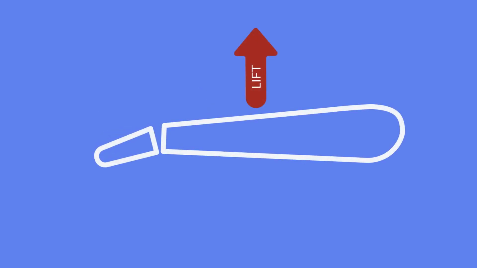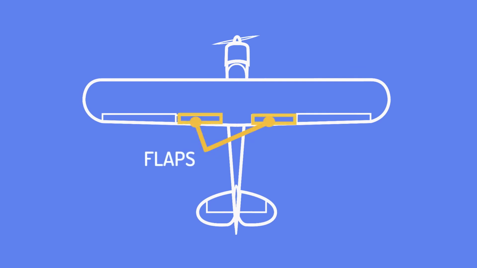Let's take a closer look at these components. Flaps are a kind of high lift device used to increase the lift of an aircraft wing at a given airspeed. You can identify the flaps as the flat sections of the wings, typically located on the edges of an aircraft